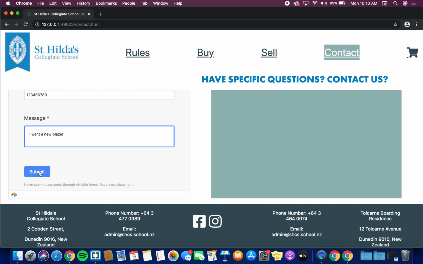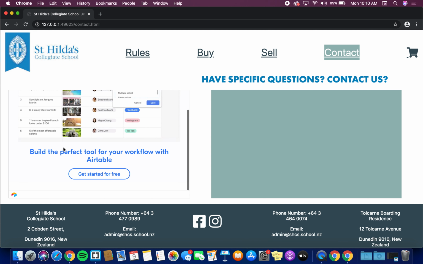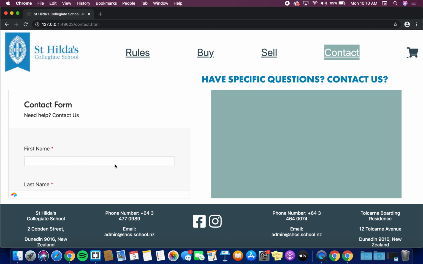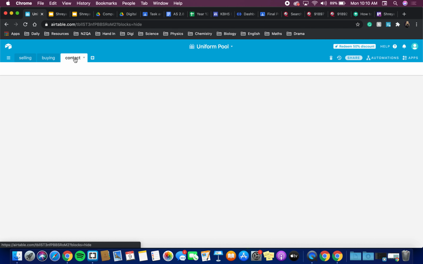When you press the submit button, it will send it to the Airtable. This is like an ad that comes up, but after a little bit of time, it will go away, and a new form will then emerge. So how does it link to my database? Well, if I go into my database, and if I go onto the contact sheet right here,